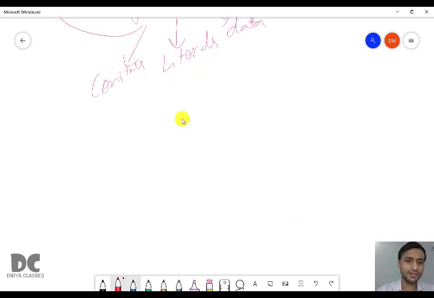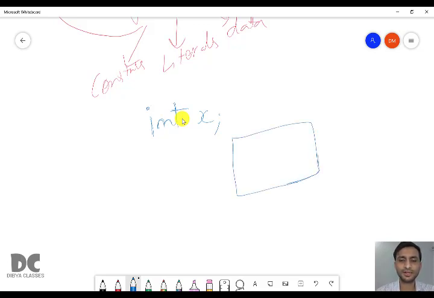For example, you want to create a memory which can hold integer values. I will write int x. What does this actually mean? It will create a memory location whose name is x.